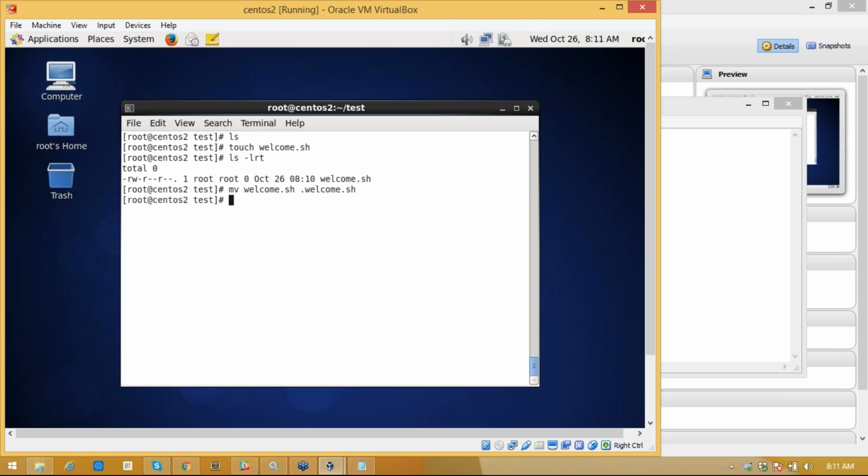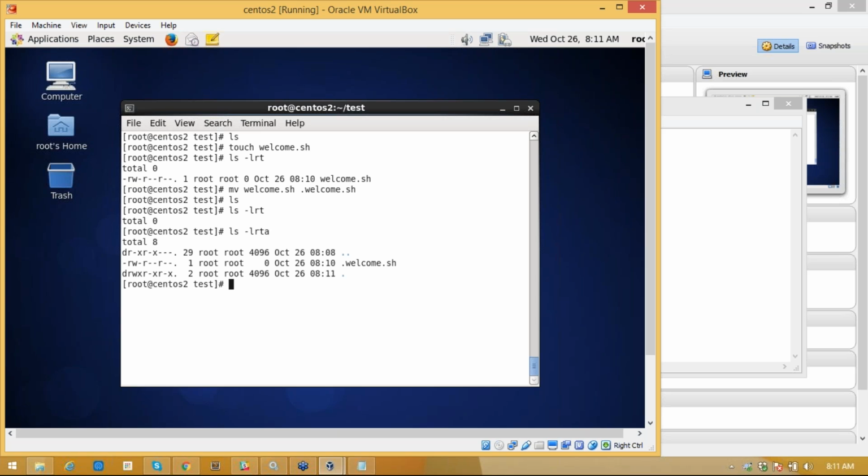Whenever you put a dot before any file name, that is nothing but a hidden file. You cannot see any file over here. If you want to see hidden files, you can put -a. The -a option will show you the hidden files. The hidden file here is .welcome.sh.